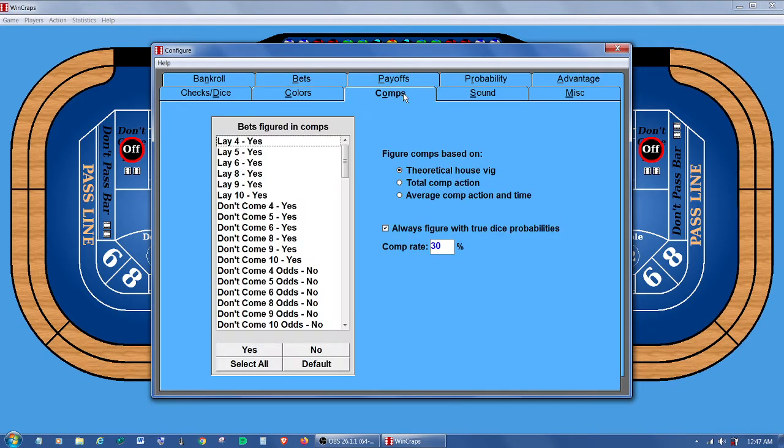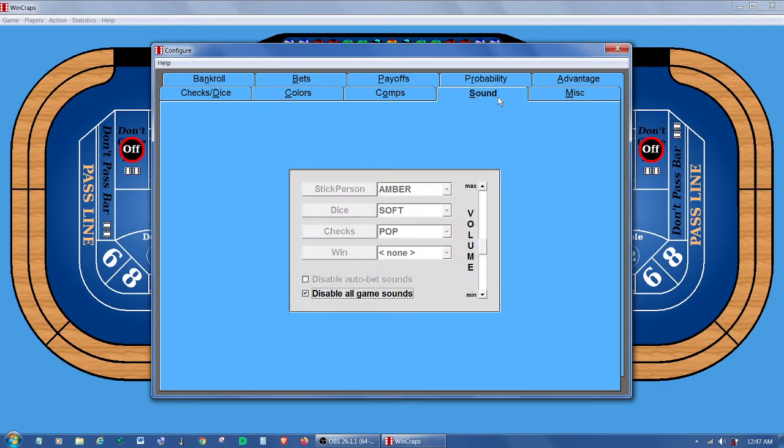Comps, most casinos comp your action. In craps, that's according to the bets. Some bets are comped, some are not. You can change that in here, and you can change the computation method and the comp rate. You can read about that in the help file. Sound, fairly self-explanatory. When you do select a sound, you can test it right here just by clicking on the